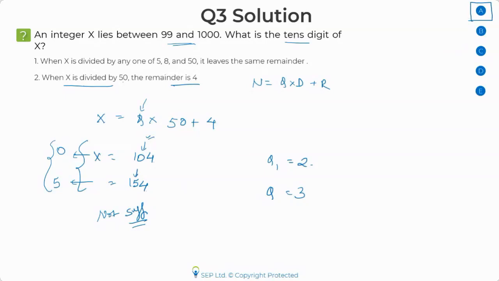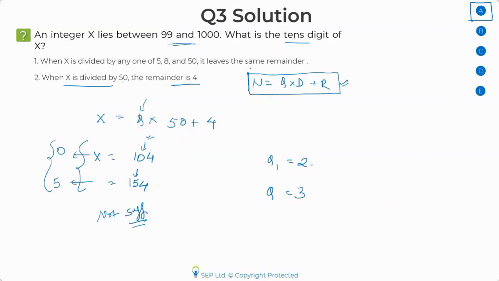Please let me know if this is clear or not. Notice that this was a question where you had to use a conceptual knowledge of divisibility. So sometimes while setting up equations, you should ideally know the concept also of n is equal to. If you don't know this, then you might not be able to set up the equation. So sometimes taking variables also depends on the concept.